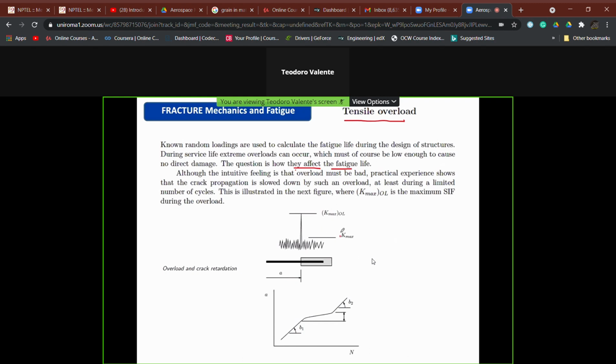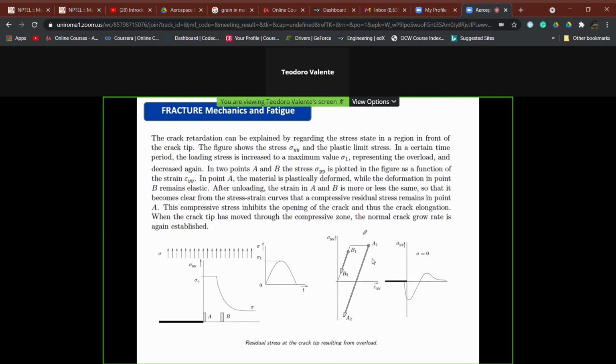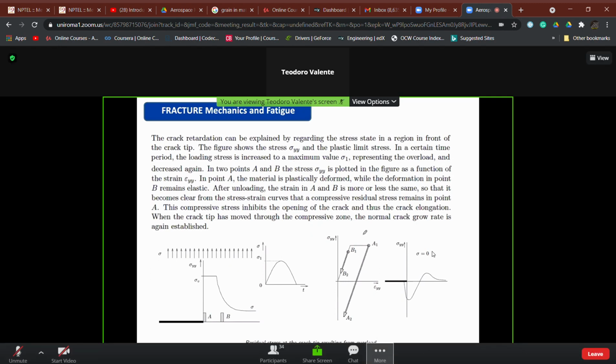So overload means that we have a maximum value of the stress intensity factor which is constant or variable, depending on the case of random loadings. And then we have, for some working reasons, a value of the maximum stress intensity factor related to the overload, which is higher than the maximum of the random loadings transformed into a sequence of harmonic loadings. And this crack retardation, at least at the beginning, can be explained